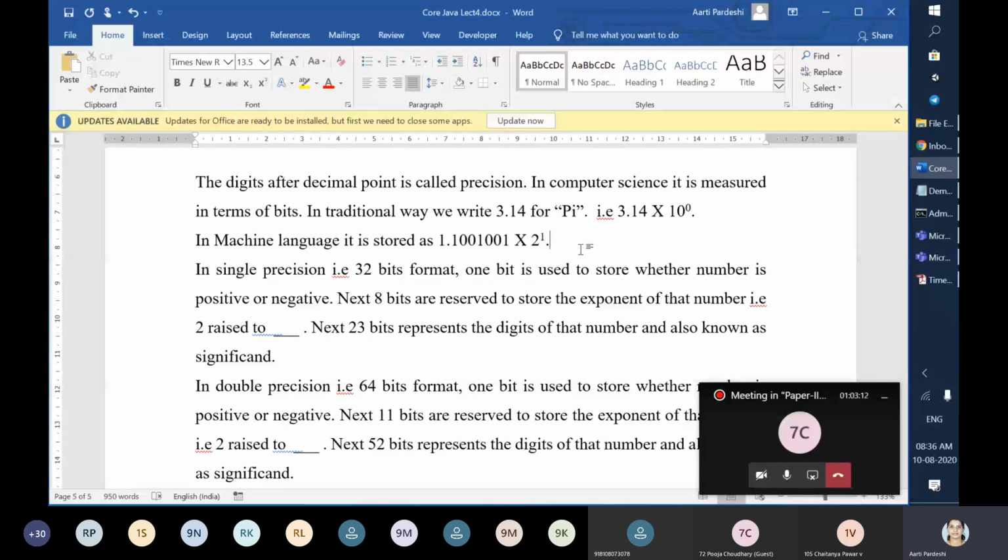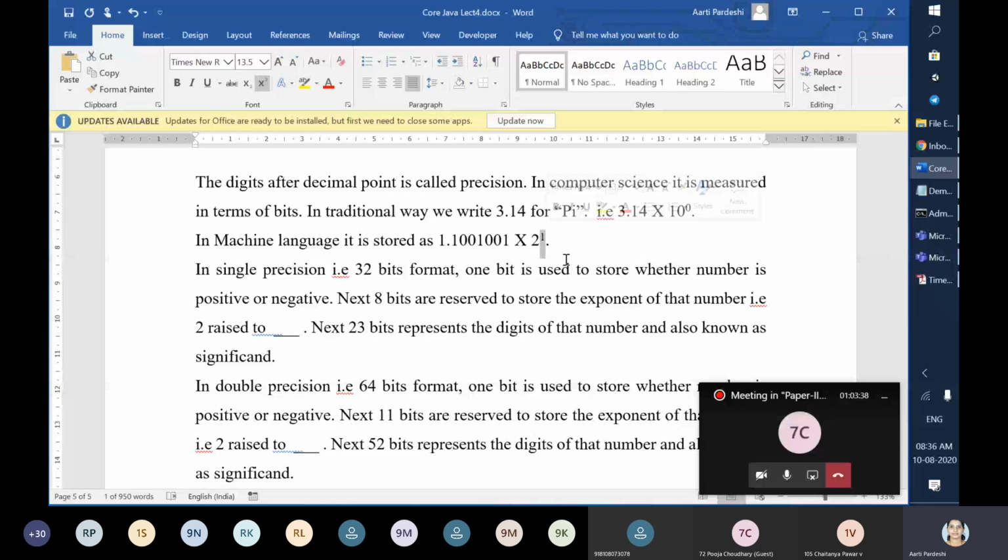When it saves this value into memory, in case of single precision, that is float, and in case of double precision, that is double itself, it's going to store it in a different format. How is it going to store it? Here a decimal point is there, and after that these many digits are there. After the 2, whatever you are seeing, that 1 is nothing but what is called the exponent. So 2 raised to 1.